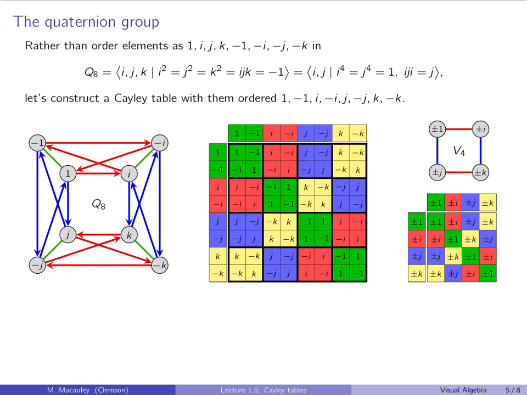Well, look at that. What do you notice? Well, I hope you notice that this is basically the Cayley table of V4 if you squint your eyes and look at 2 by 2 blocks. And here's another way to write that. So plus or minus i times plus or minus j is plus or minus k. What does that mean? That means if I take one of the i's, plus or minus, and I multiply by one of the j's, I will always get one of the k's. In other words, i times j